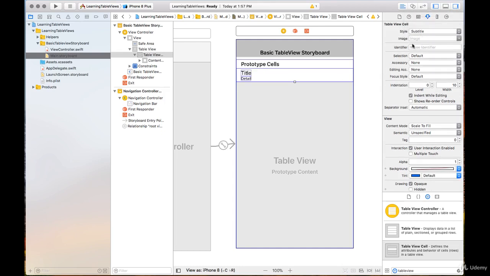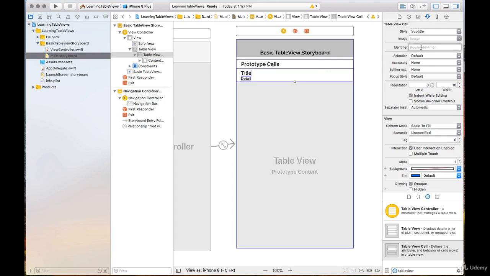Now if you notice, some of these have this image popping up basically right underneath when you select the style, and the reason is some of these styles, although they don't show, have an image view, so we can actually leverage that image to show our food item images as well. So let's set some properties and then